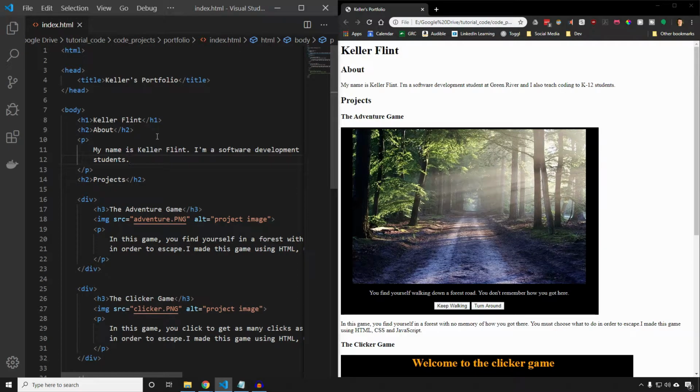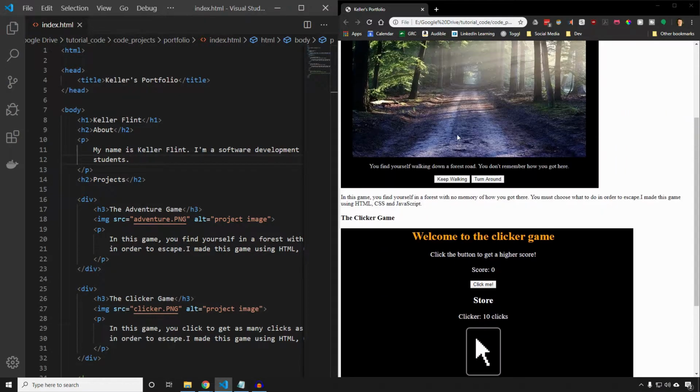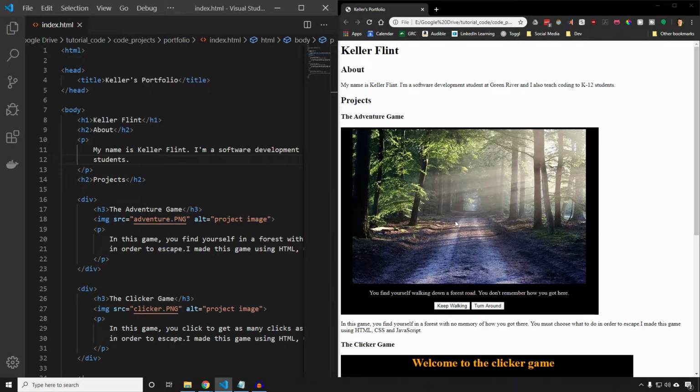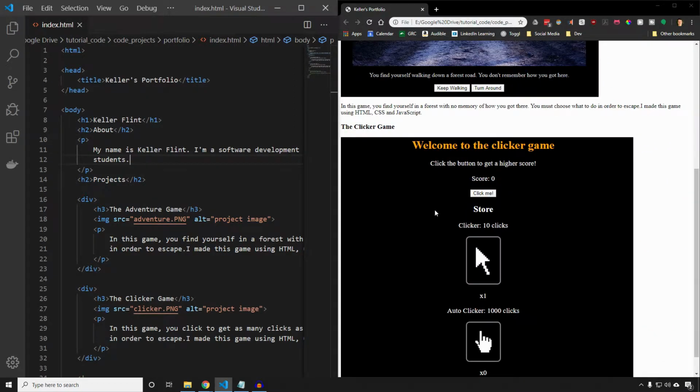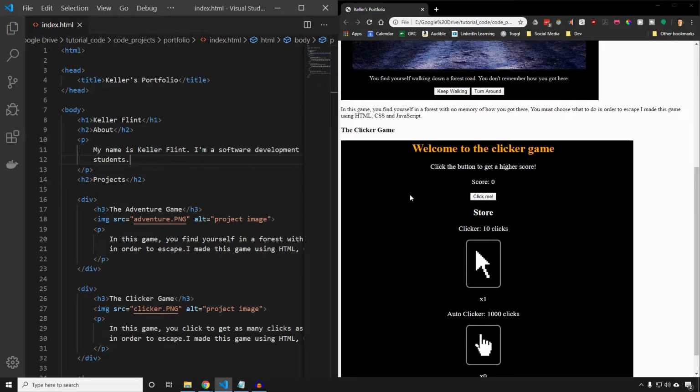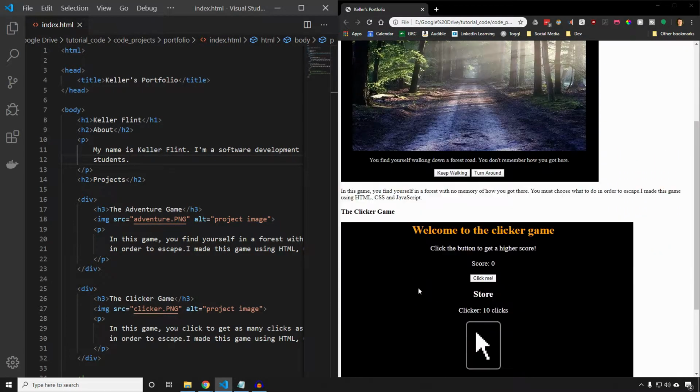Now that we have the structure of our web page created, the next thing I want to do is focus on the styles, and this is going to be a project where we're going to see CSS do a lot of work and really change this from a pretty gross layout to something nice. You'll notice I also added in the clicker game here just so we have a little bit more content, because it's going to be hard to tell what some of our CSS rules are doing if you don't add on